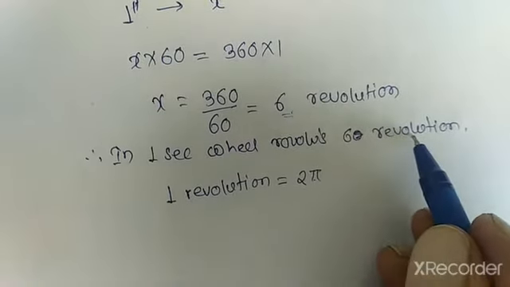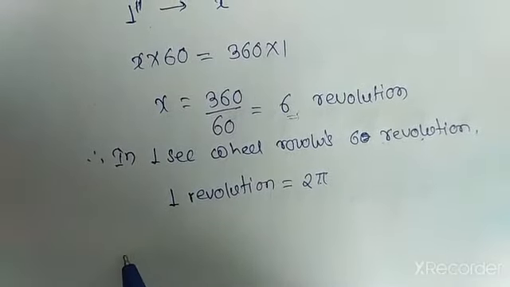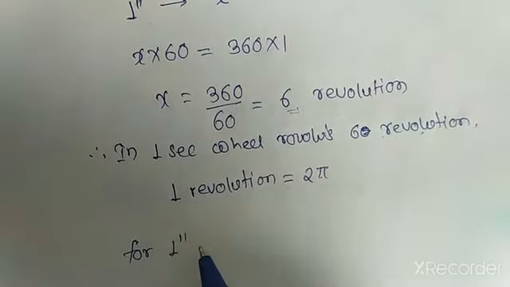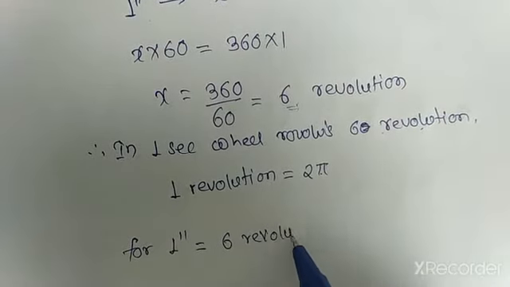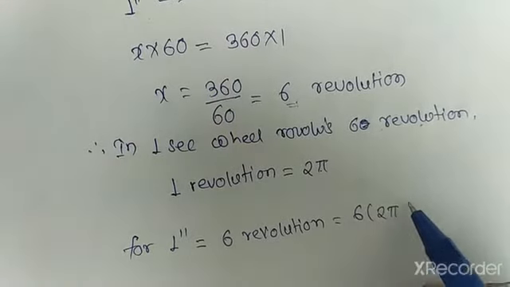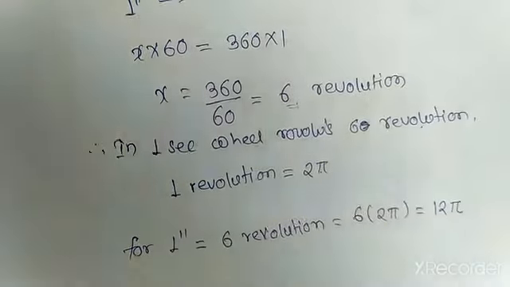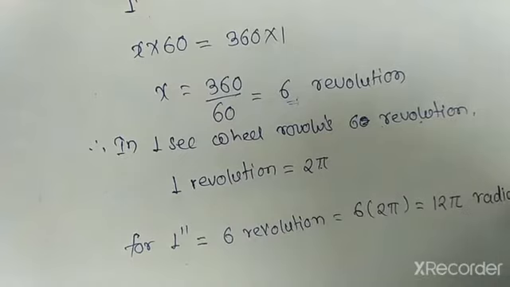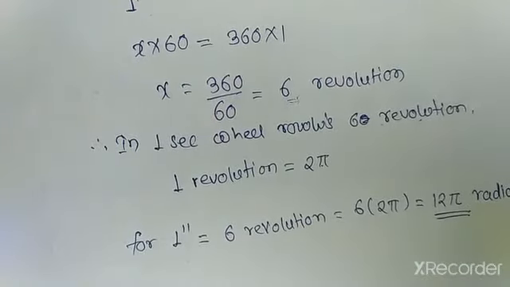Here there are 6 revolution, so we can write 6 revolution, which is equal to 6 into twice pi, which gives 12 pi. Okay, so our answer is in 1 second it will revolve 12 pi radian. Okay,